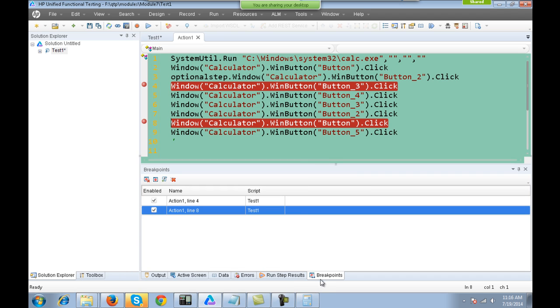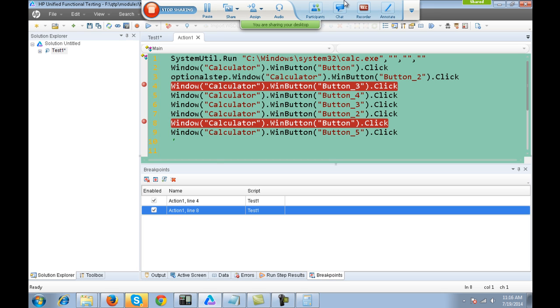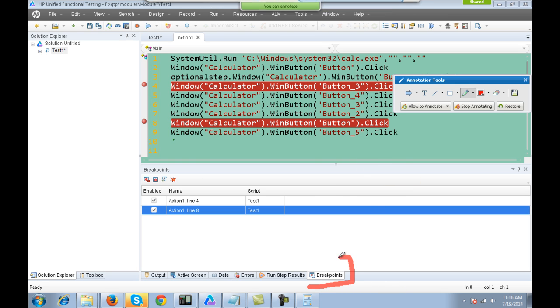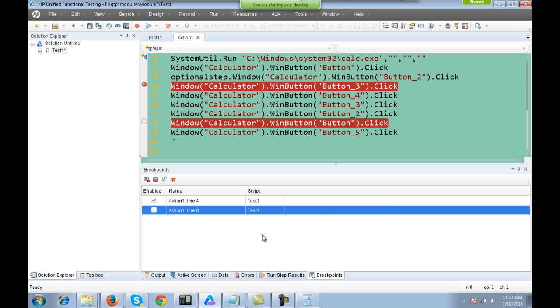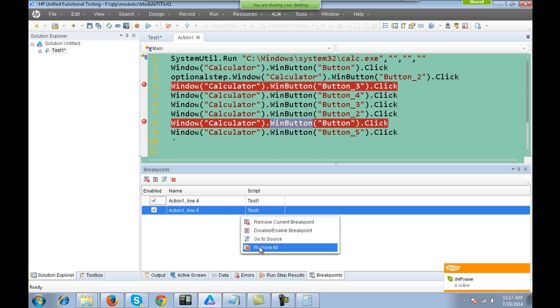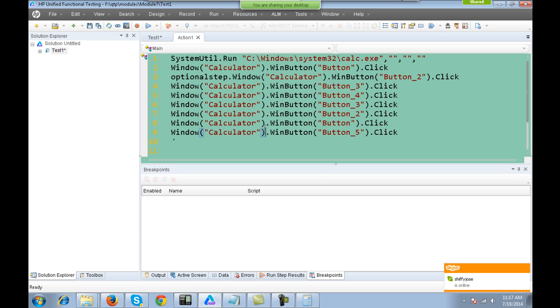Alright, and under the breakpoint tab, you will see the breakpoint tab at the bottom. You will see both the breakpoints which were introduced over here, right? You can right click on it, you can disable or enable the breakpoint as well. I'll click on disable, so these breakpoints get disabled. The red mark is now actually a circle. You can enable it, disable it as per your choice, or you can simply say remove all and everything will be removed. So it depends on you.